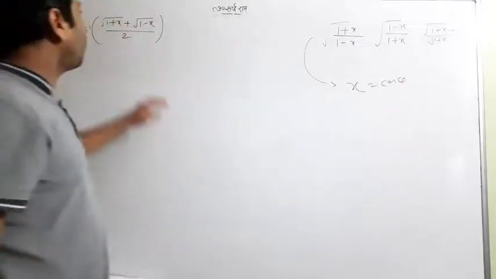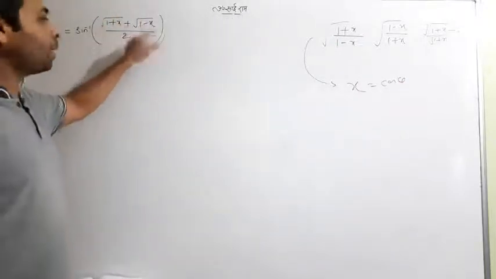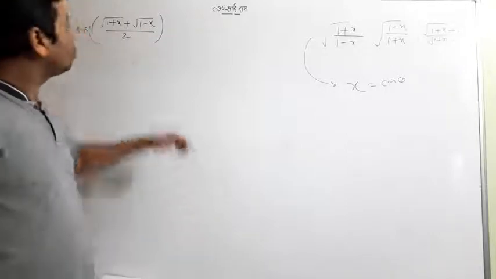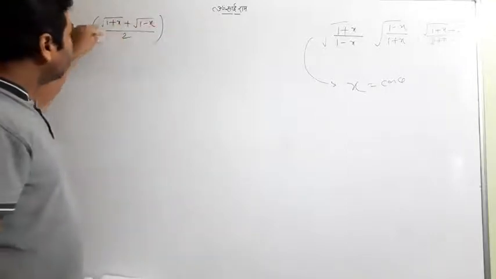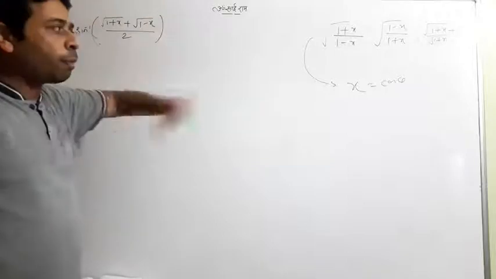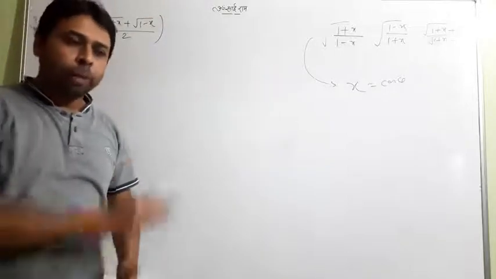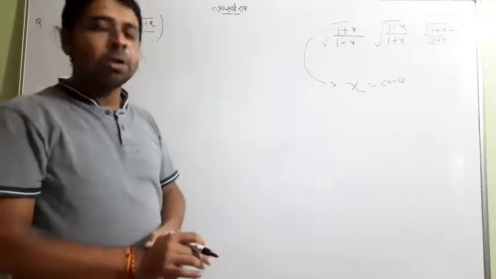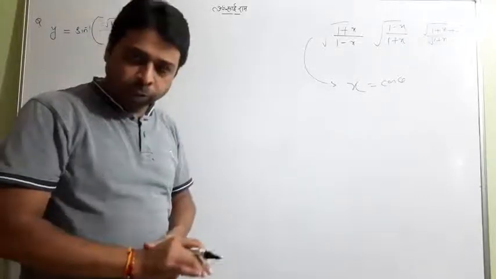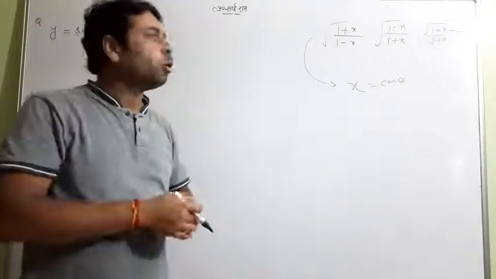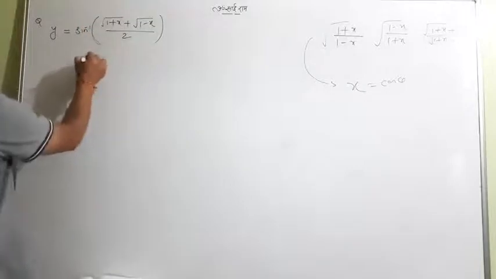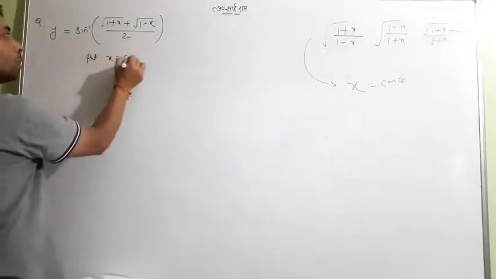So it is not so far, because 1 plus x and 1 minus x are coming together, two terms under the root sign. You have to go with x equal to cos theta. So you have to remember first the trick, the pattern, and also some substitutions, which one will apply where. So here we put x equal to cos theta.